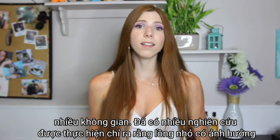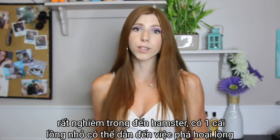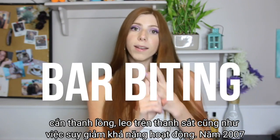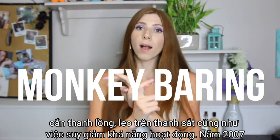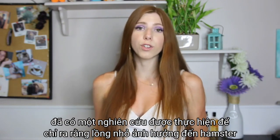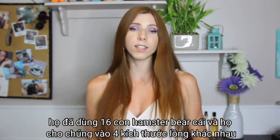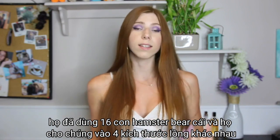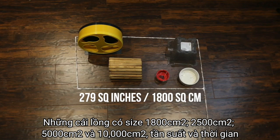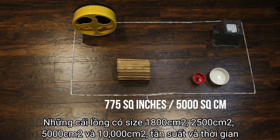There have been studies done that have proven that small hamster cages have serious effects on hamsters. Having a small hamster cage can lead to cage aggression, bar biting, monkey barring, as well as low activity levels. In 2007, there was a study done to show how small cages affect hamsters. They took 60 female Syrian hamsters and they placed them in 4 different sized enclosures. The enclosure sizes were 279 square inches, 387 square inches, 775 square inches, and